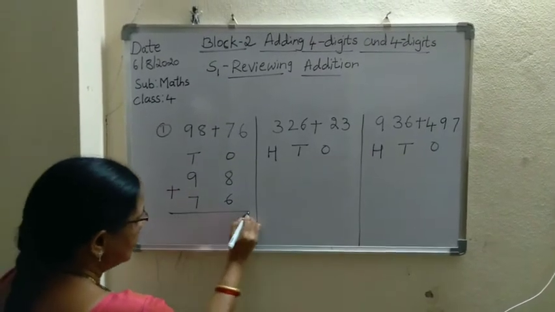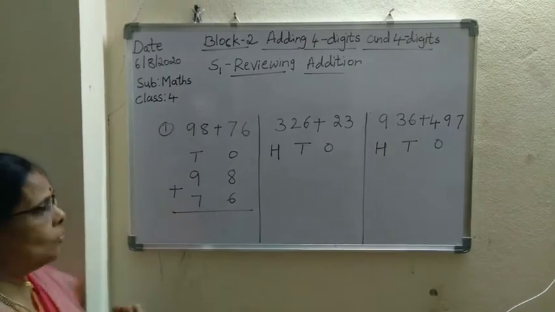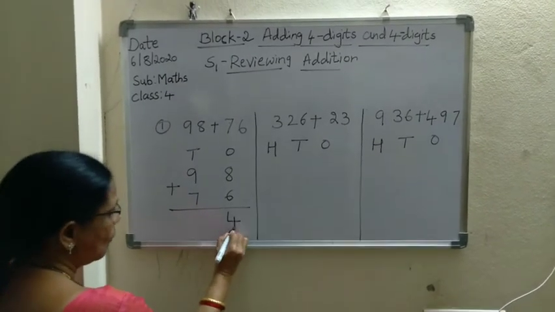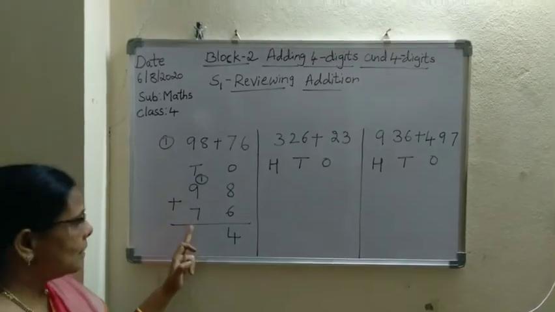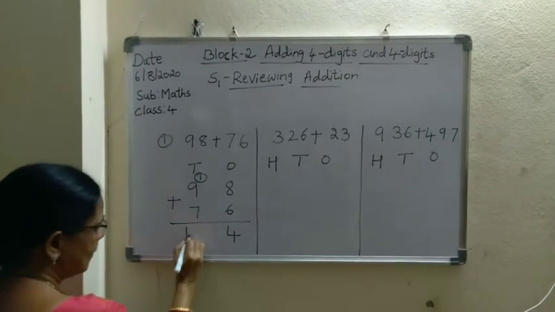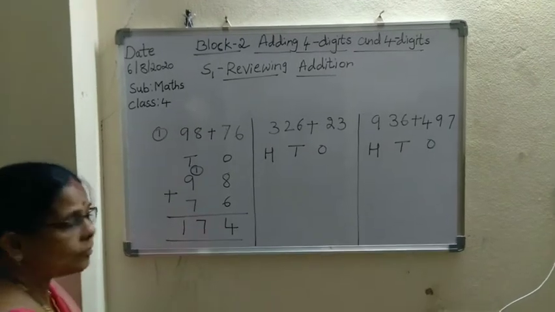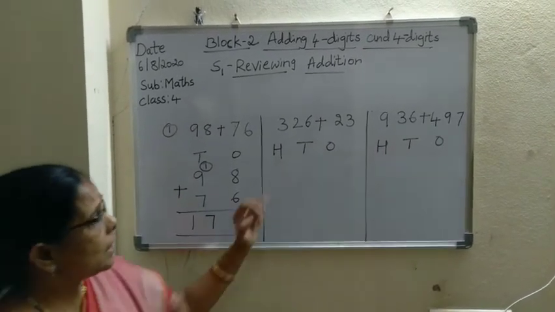Now add, children. 8 plus 6 is 14. 4, 1 carry. 9 plus 1 is 10. Then 7 makes 17. So 174 is the answer. Here, see children, this is